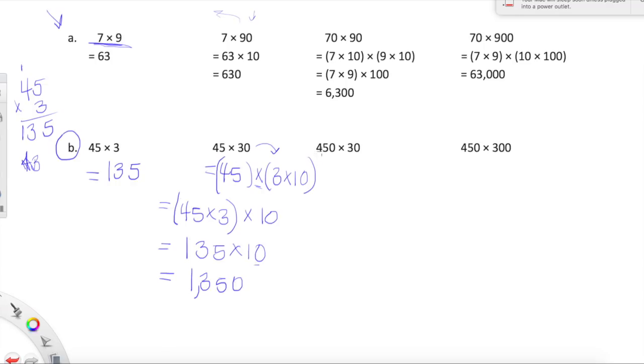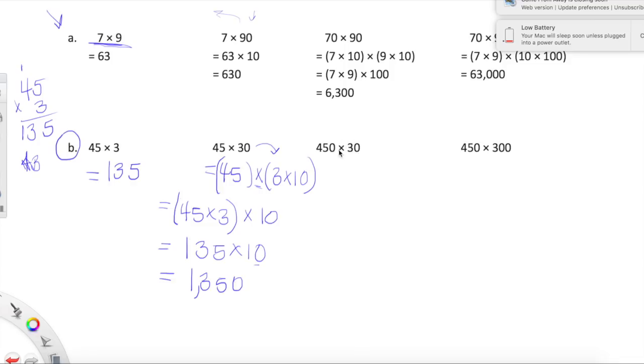So let's do that again here, you guys, and let's continue to, I'm going to change my ink color. Let's continue to decompose these numbers. So here we're looking at 450 times,